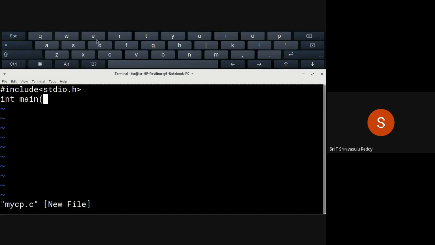The signature for main in C language for command line arguments is somewhat different. First you have to specify how many command line arguments there are. So naturally it's going to be the argument count. I'm just giving int AC. The first parameter is how many arguments there are, so it is an integer.